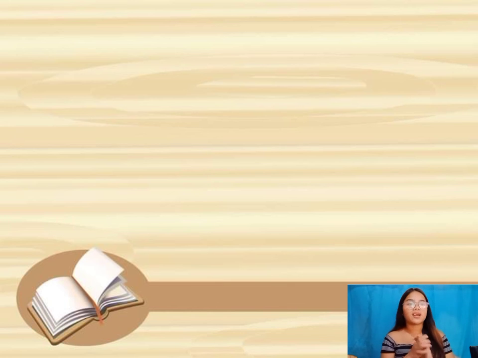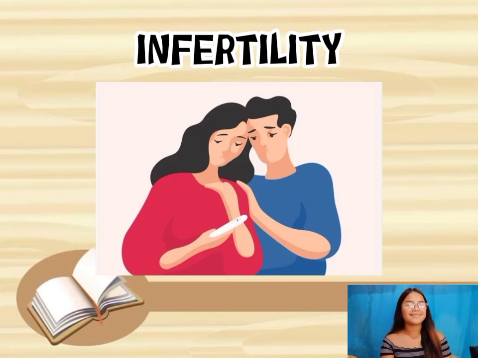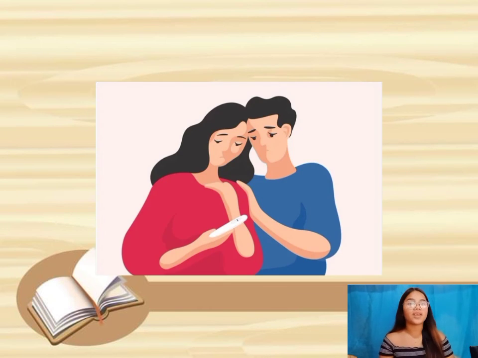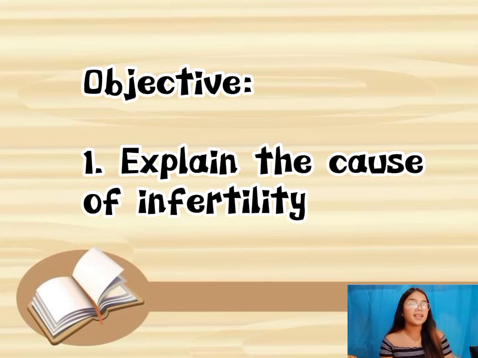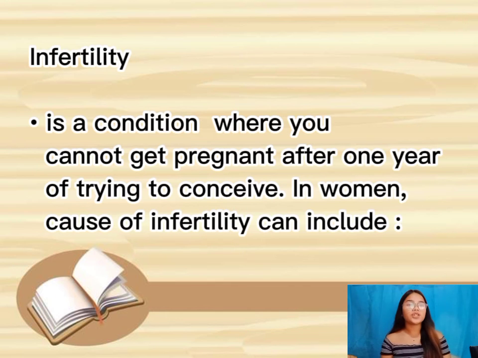We are done with the contraception, and now let's move on to the second reproductive health topic called infertility. We have here the objective that explains the causes of infertility. Alright, so infertility is a condition where you cannot get pregnant after 1 year of trying to conceive. In women, causes of infertility can include